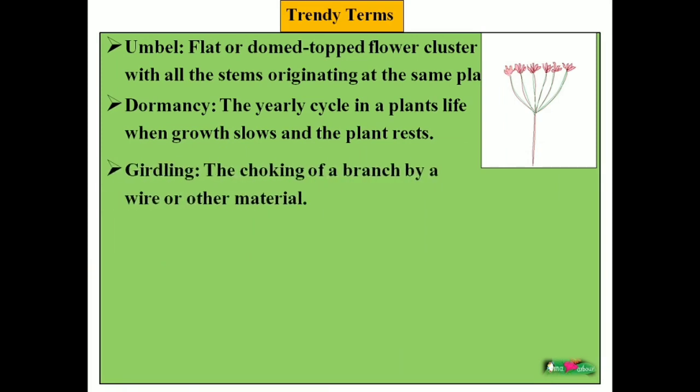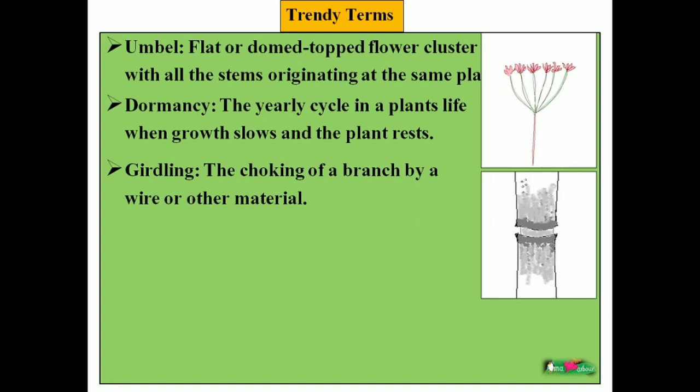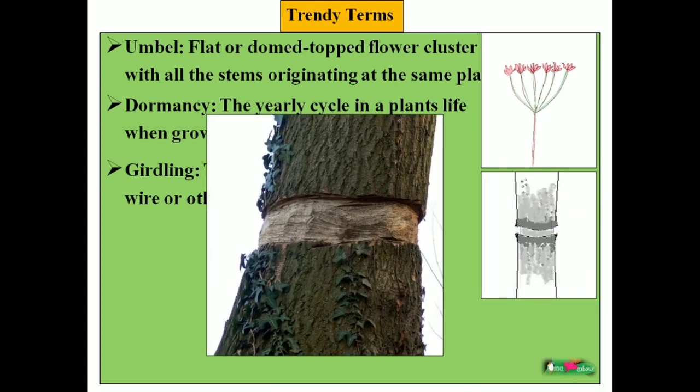Then girdling. You can see in the picture how they do it and why it is important. Girdling is beneficial for induction of flowering and higher yield as compared to non-girdled plants. Girdling stops the movement of nutrients towards the roots. Whatever carbohydrate is produced in the leaves never goes beyond the girdle mark, and that's why the stored carbohydrate is used by the plant for growth and development of flowers and fruits.